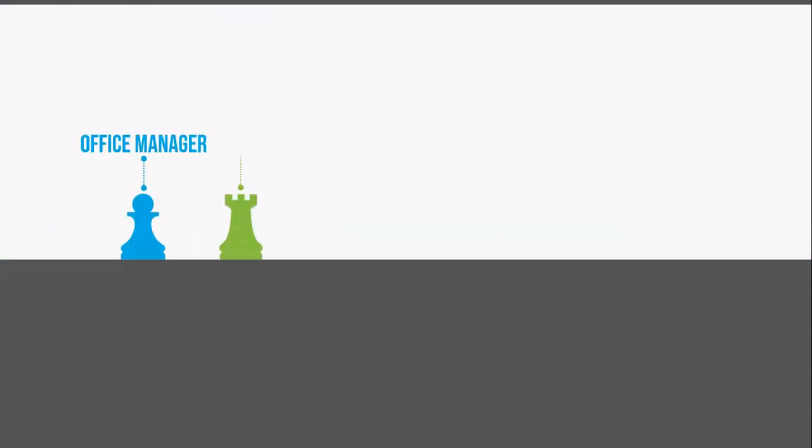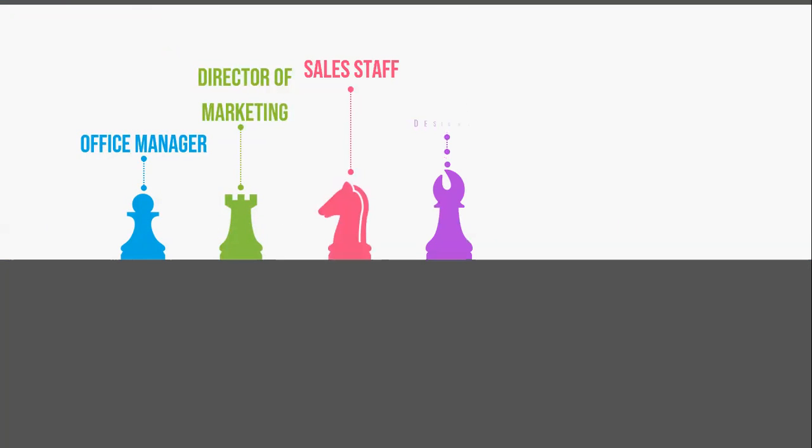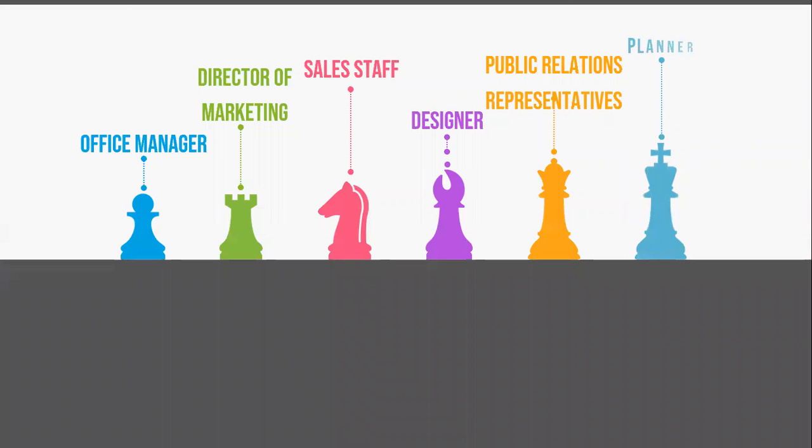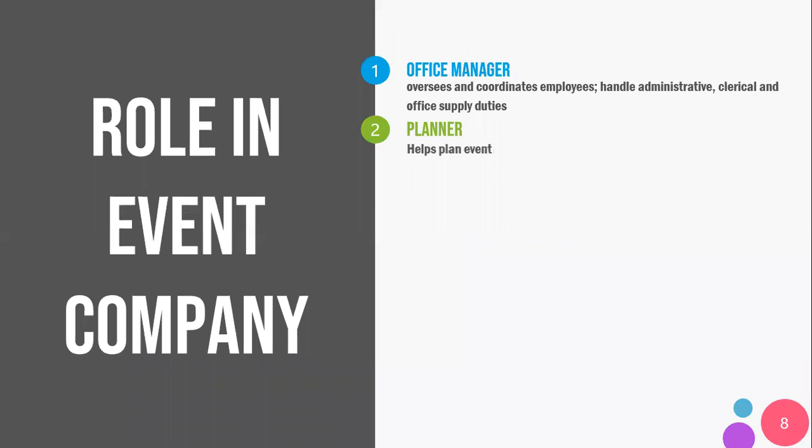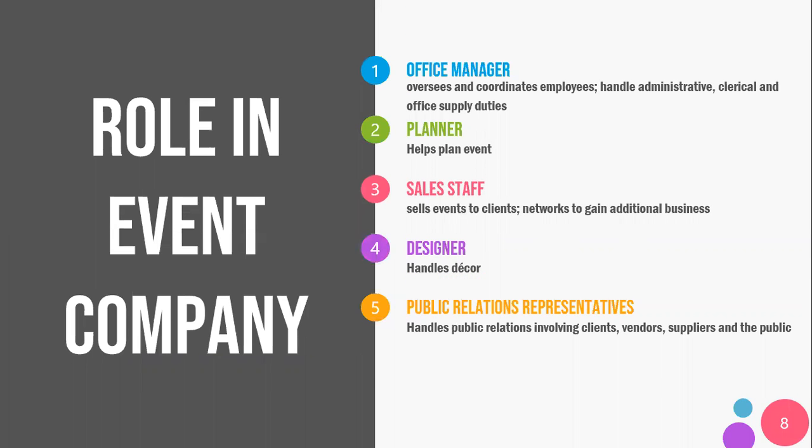So some of the employees are also given a specific role in a company. So what is the role of the employee? We have 12 actually, the roles of employees in an event company. For example, office manager, director of marketing, sales staff, designer, public relation representative, and planner itself. So there are so many vacancies in a company,